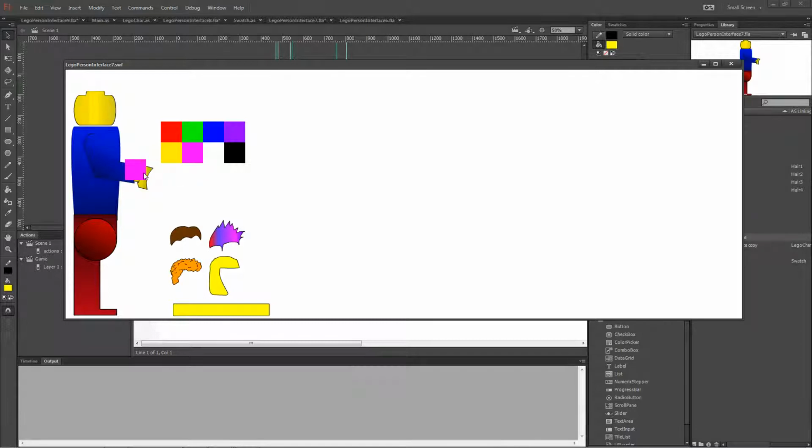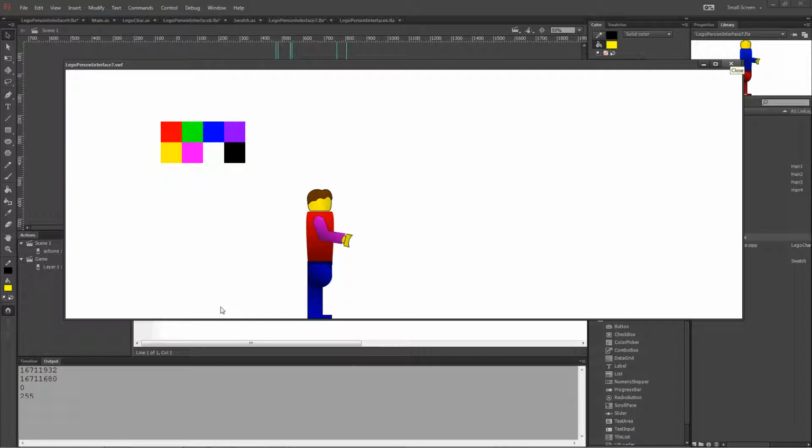So when we test the movie now, click drag a swatch, change the colour there, and change the colour there, put some hair on, and now if we click the button, like magic, we have our first instance generated with custom properties, and that's the end of this video. We'll start moving on to keyboard control and animation in the next